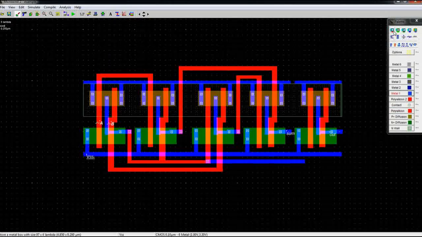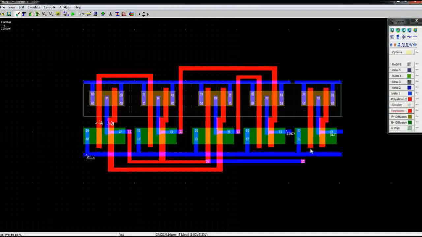Again put a metal to poly contact over here and select poly.